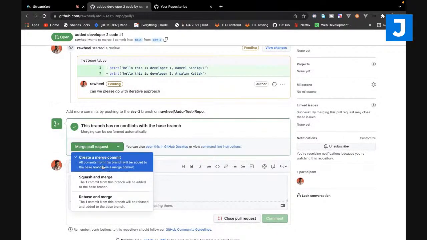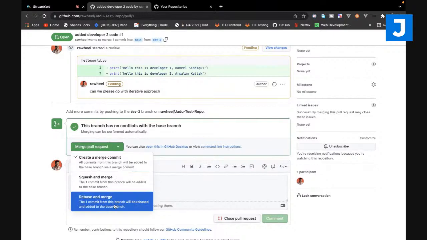So here you can select different things. Create a merge commit is the simplest. Squash and merge,